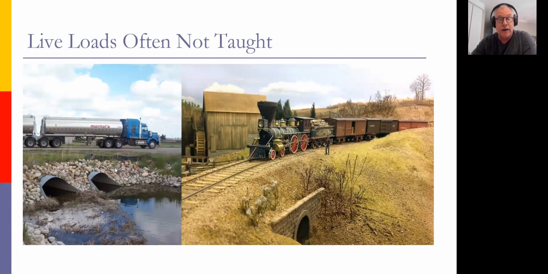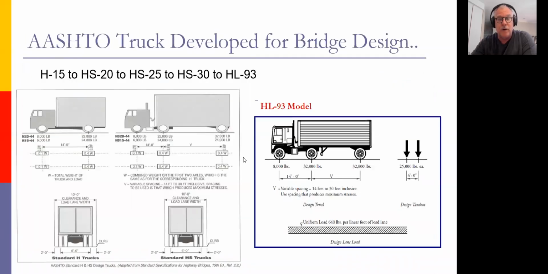What we don't teach in undergrad and in many courses is how do we treat live loads from trucks and railway crossings. So we have to be able to go to the literature and look at those ones. So I want to look at where they come from. Because these are the common ones that are being specified for the design of pipes underneath roadways and liners with respect to depth. So for truck loading, we go to AASHTO, American Association of State Highway Transportation Officials,